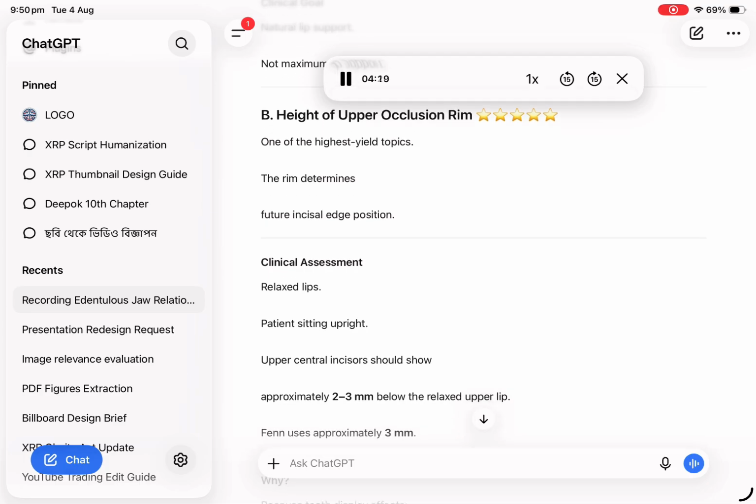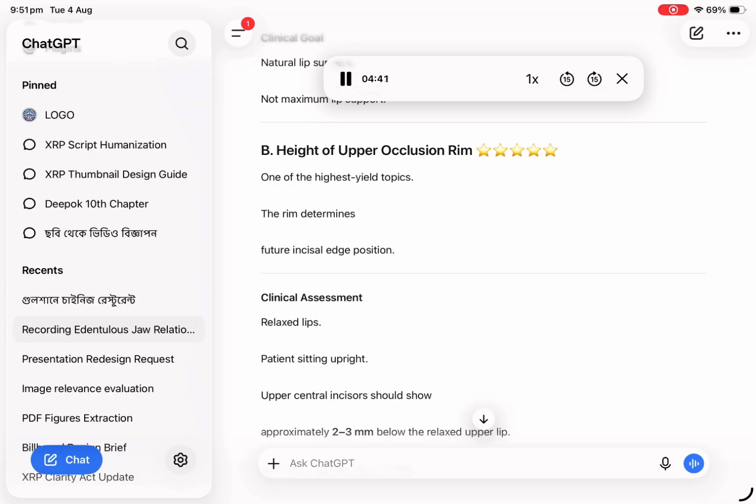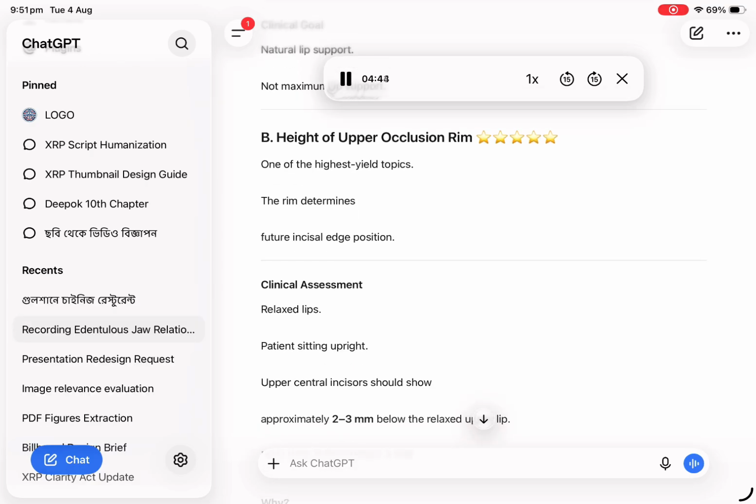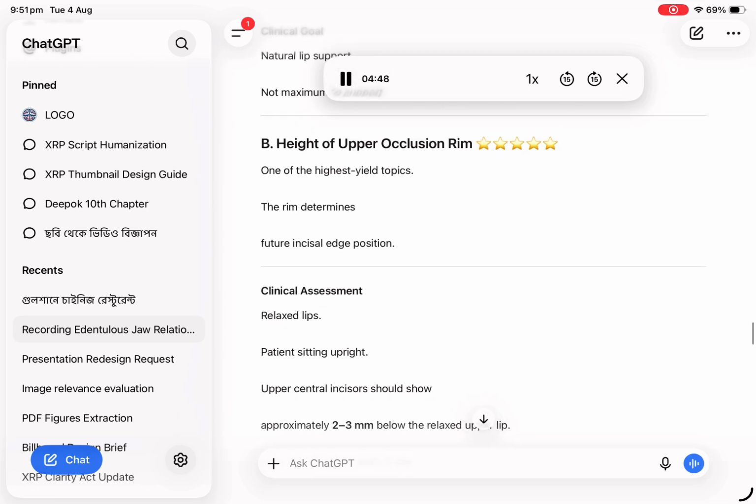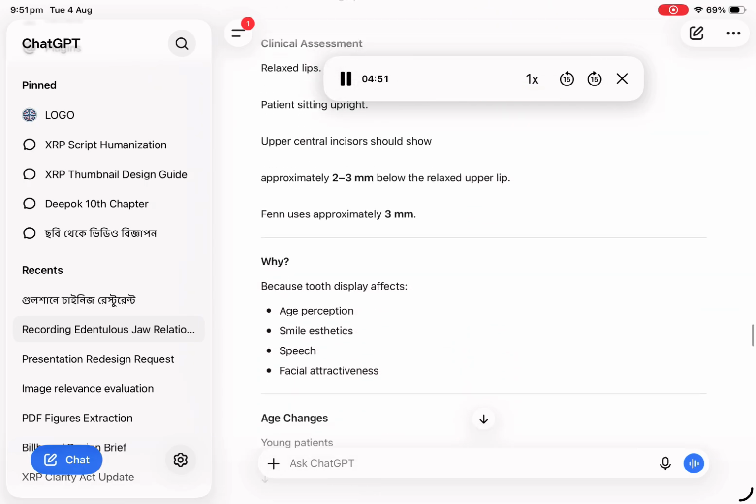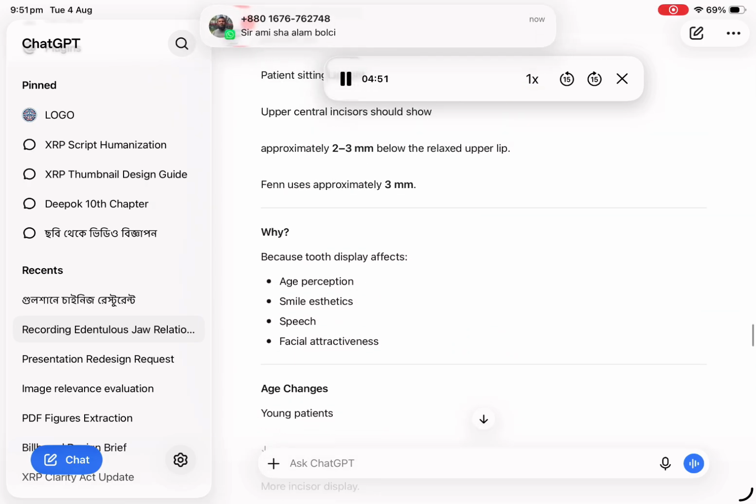Clinical assessment: relaxed lips, patient sitting upright. Upper central incisors should show approximately 2 to 3 millimeters below the relaxed upper lip. Fenn uses a proper incisor display. Older patients, less display: loss of muscle tone, upper lip length increases. Residency concept: incisal display is determined by lip length, age, gender, facial form, muscle tone, not by a fixed number